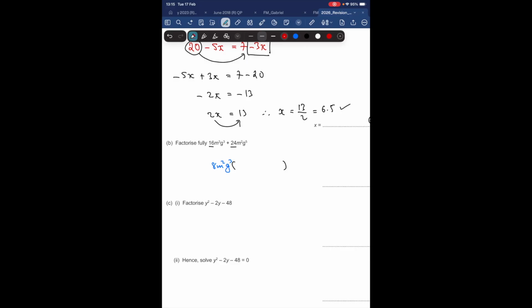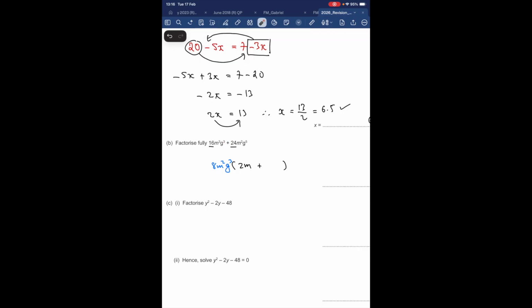Now to figure out what goes inside the bracket, look at the first term. 8 goes into 16 twice, so we put the 2 down first. Then we look at the m. We've got m cubed here, which basically means we've got 3 m's, but we've taken 2 of the m's out, so we're just going to be left with 1 m inside the bracket. If we then look at the g's, we've got g cubed, which means we've got 3 g's here. We've taken 3 g's out, so we don't have any g's in the first term inside the bracket. We then put the plus sign in